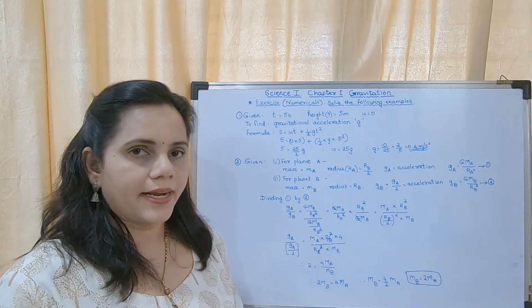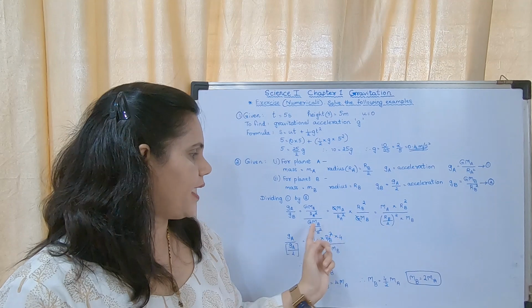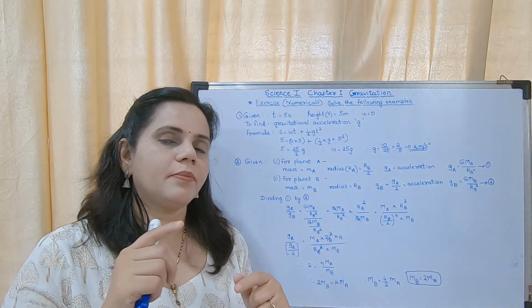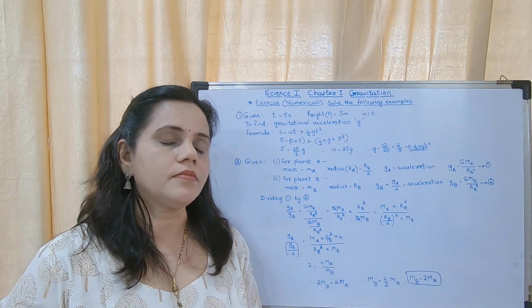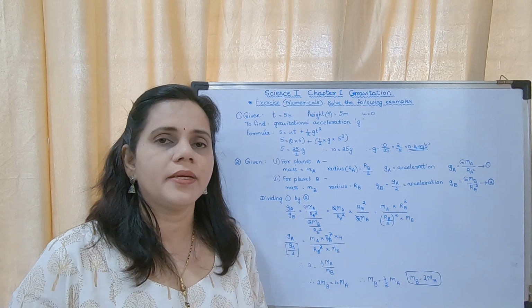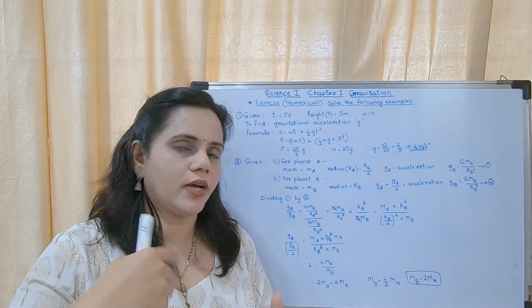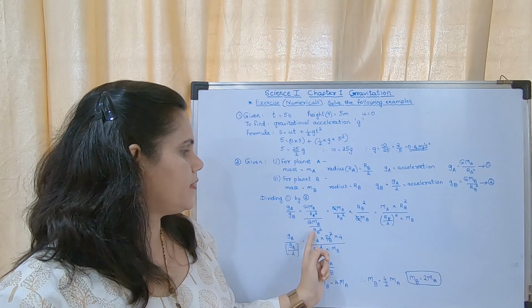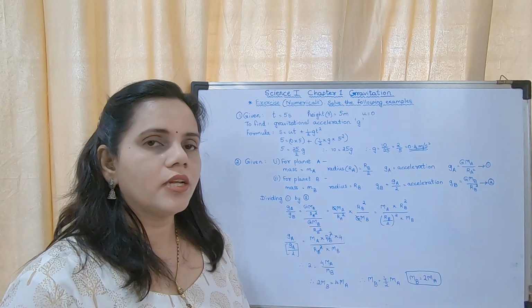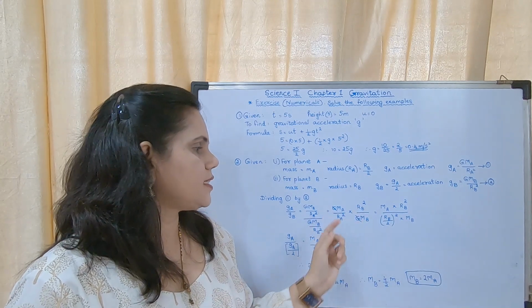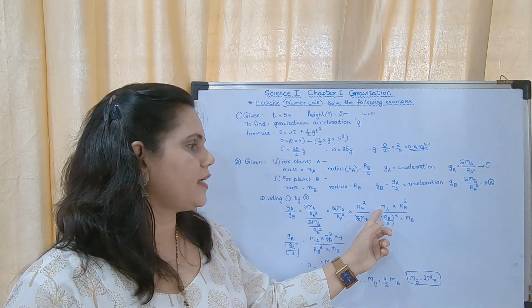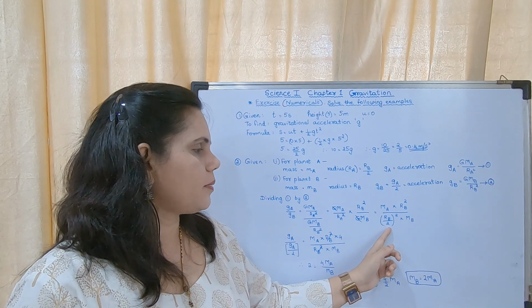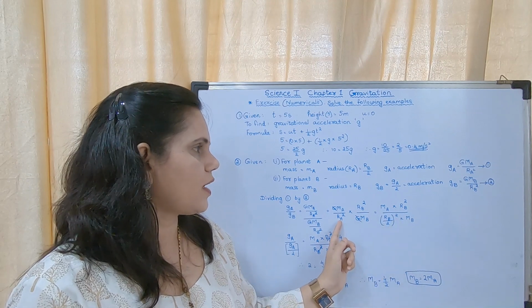You may see there the right hand side, upon divided by GMB upon RB square. Now when you have a symbol divided by and you convert it into multiply, you have to take the inverse. So you have taken the inverse here, inverse of this, RB square upon GMB. G and G are getting cancelled. What is remaining? MA into RB square upon RB upon 2 the whole square instead of RA square.